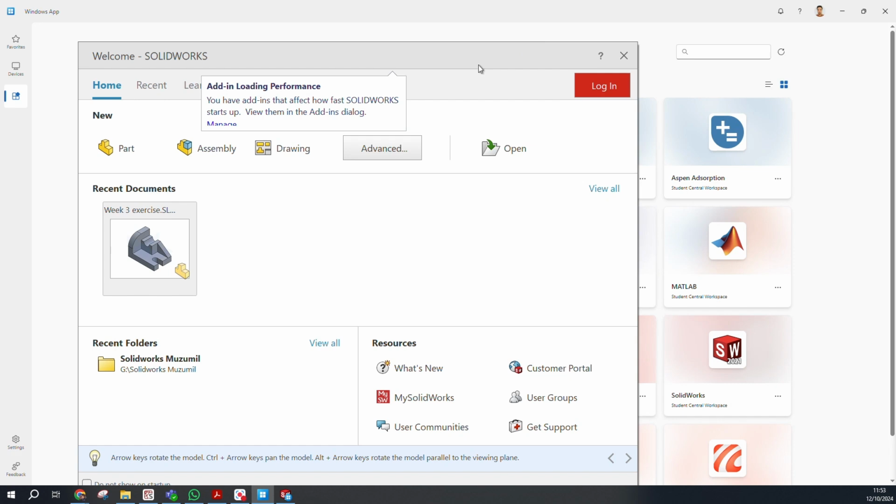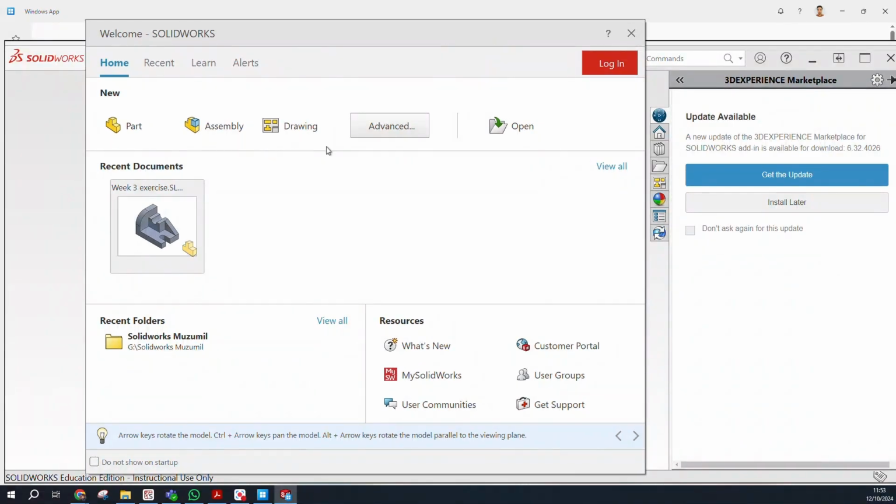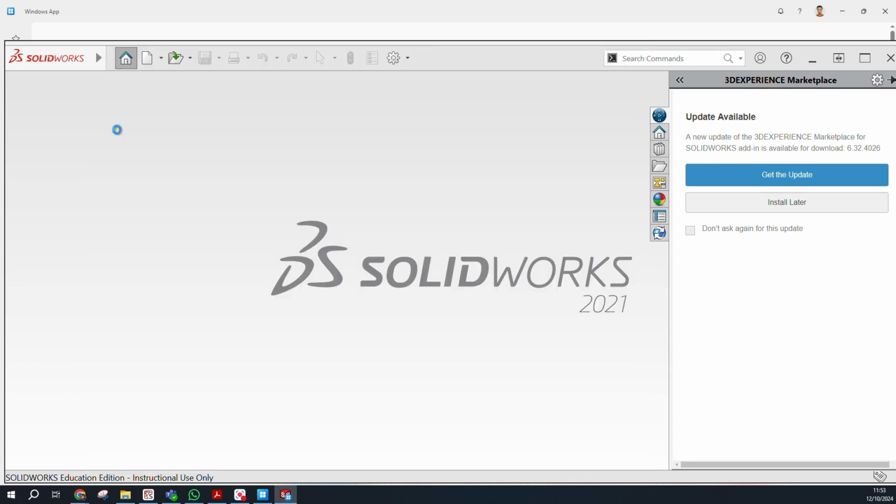Yeah. So here, this is our last exercise. We did it, so it's automatically saved in my SolidWorks. So let's start with part, and